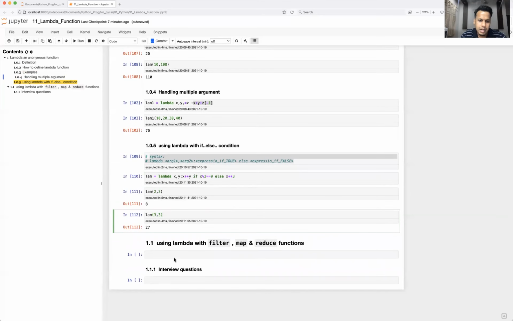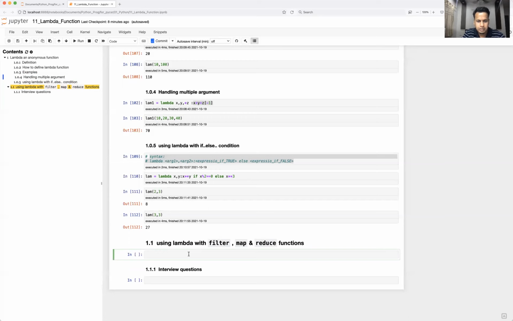Now let's see how we can apply lambda over filter, map, and reduce. Guys, remember that it is very important to know how lambda works, because if you are going to work with a very large data set, like millions of rows or columns, and you would like to transform one particular column where millions of entries are there, the best way to transform those values very quickly is using the lambda function. So filter, map, reduce functions are very heavily used. I'm going to show you how we can use them. In my previous video on tips and tricks, I talked about filter, map, and reduce. Those who have not watched, please watch and come back here.